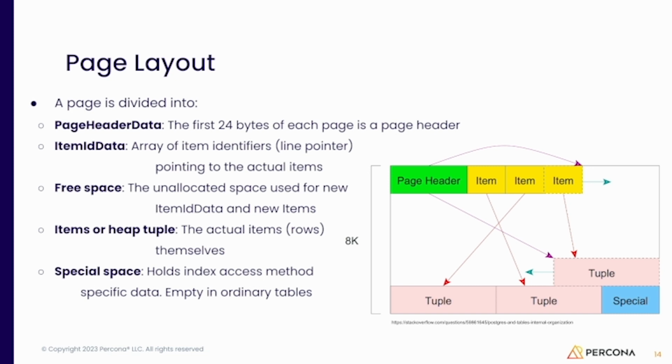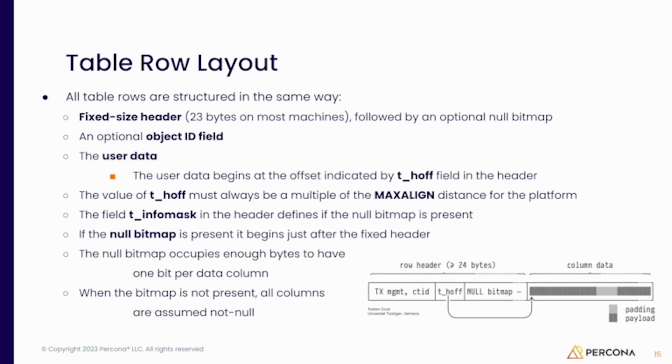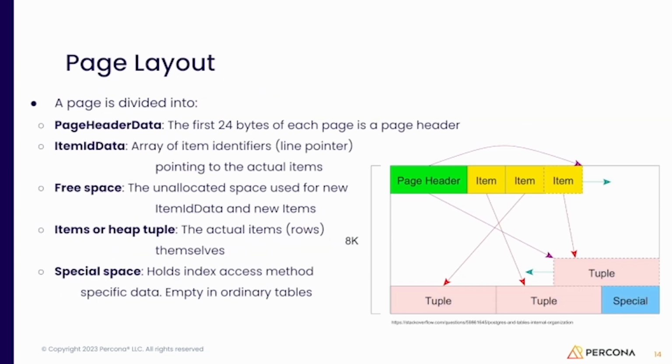And then we have the data itself, what we call tuple. So it's interesting to understand that the database does not store the data here in the beginning, sequentially. The data starts to be stored by the end of the file and grows towards the middle. One of the reasons is an optimization that they call HOT.